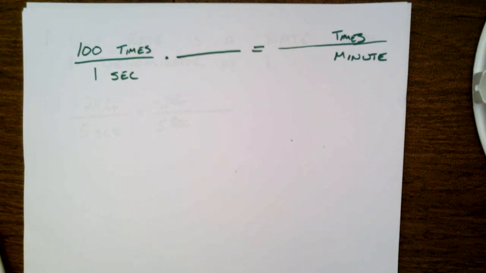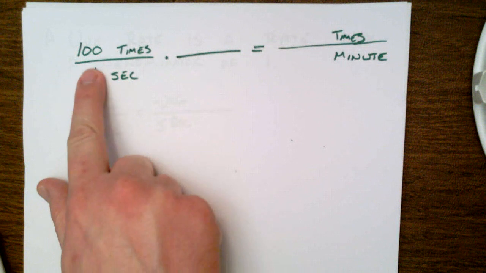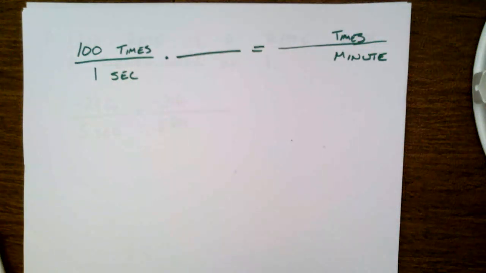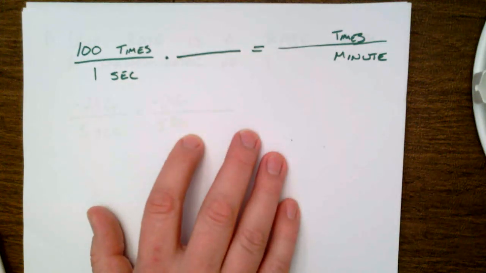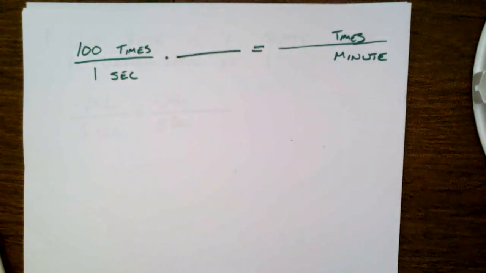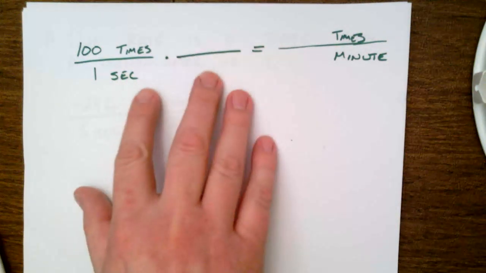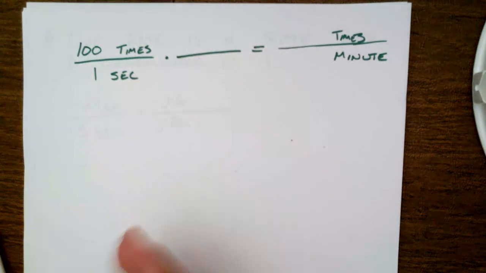Now, I know that this would not be hard for us to just say, we can just use simple multiplication here. I know that there's 60 seconds per minute. And a lot of us just want to say right off the bat, go ahead and just multiply 60 times 100 and you're going to get your answer. Do me a favor and pay attention to how we're doing it in this example. Pay attention to how they show it in the book on page 344 and get in the habit of doing this method. If you can master this method now, you'll be in great shape when you get to high school